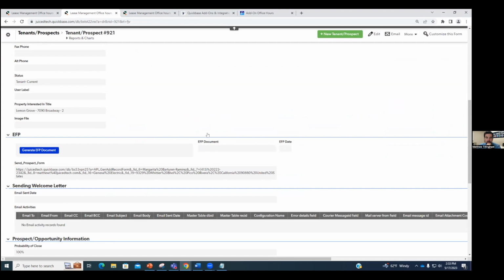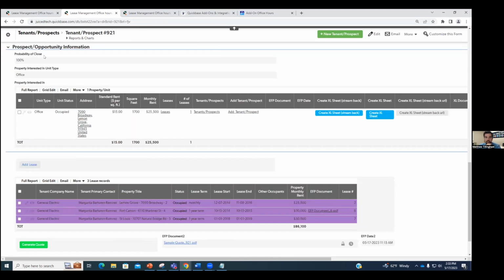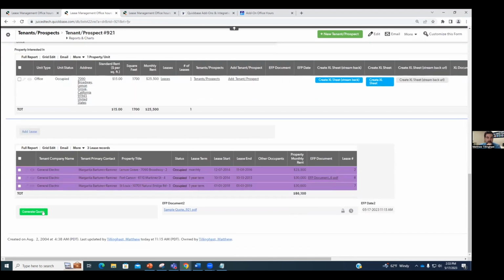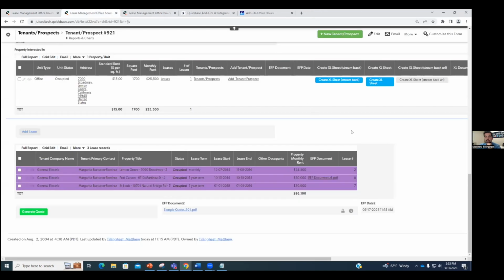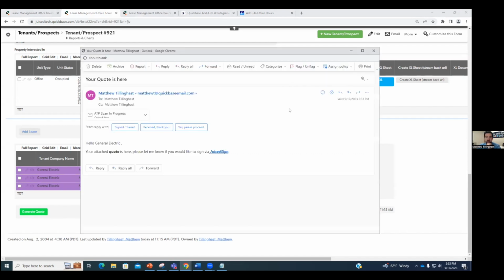So I'm going to go ahead, and if I were to click this button again, if everything went according to plan, I'm going to generate this document, which I'm able to view. And at that same time, because this generates, and that was super quick, I get that same email here. Now we have a security scan on our end, so don't mind that. But that was a live quote that was sent out to me,